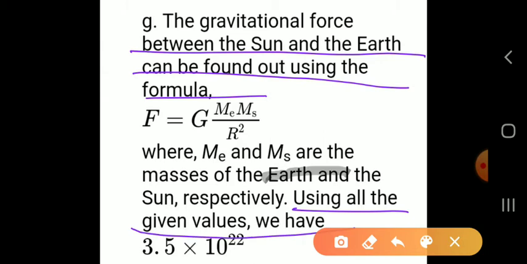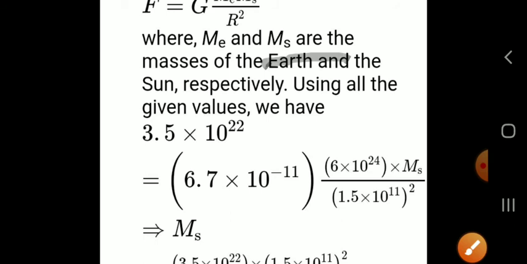we have 3.5 into 10 raised to 22. So we'll put here, this will be equal to 6.7 into 10 raised to minus 11 into 6 into 10 raised to 24 into MS. MS is what? Mass of the sun upon 1.5 into 10 raised to 11 whole square. Therefore MS, or the mass of the sun, will be equal to